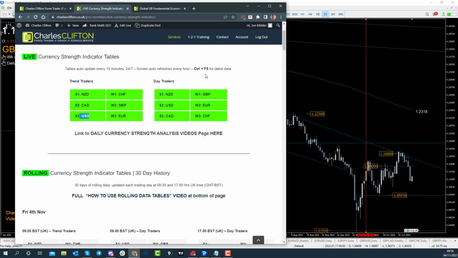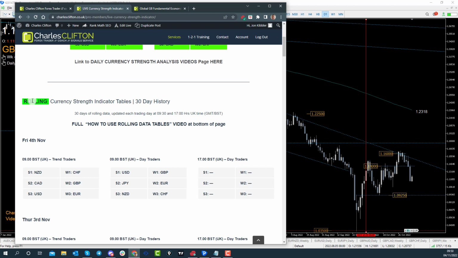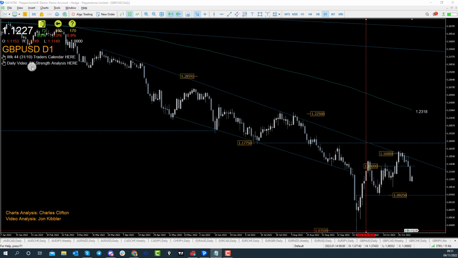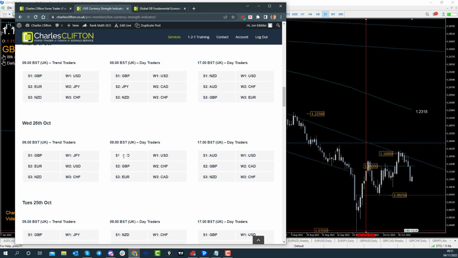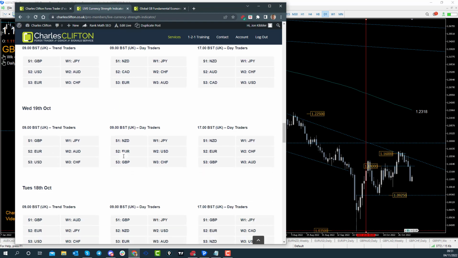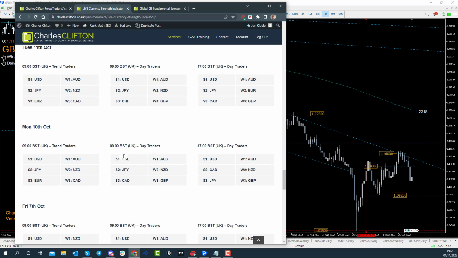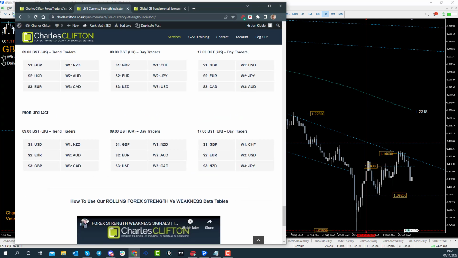We can see that it's featured on the currency strength indicator tables, and I'm actually going to jump backwards first on the rolling currency strength indicator tables. The reason being, this chart behind is the pound US dollar, and you can see I've put this red line on here. That red line was showing us at the time, so if I go all the way down to the 3rd of October, we can see here that